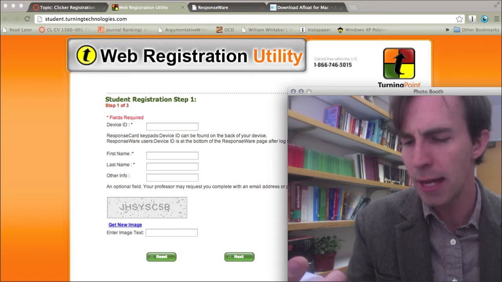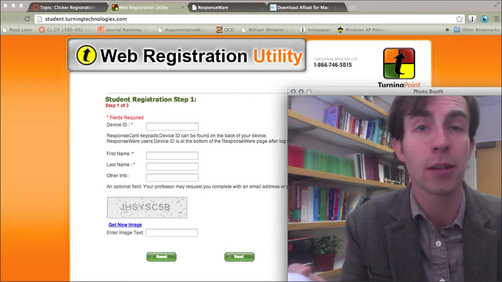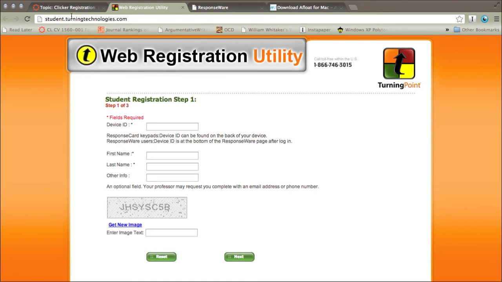All letters are between A and F, I believe, and then everything else is a number. So if you see something that looks like an O or 0, it's going to be a 0. And then you'll go to the student.turningtechnologies.com website and enter that device ID down there. So mine is 0FFD12. Enter your first name, your last name, and then under other info,